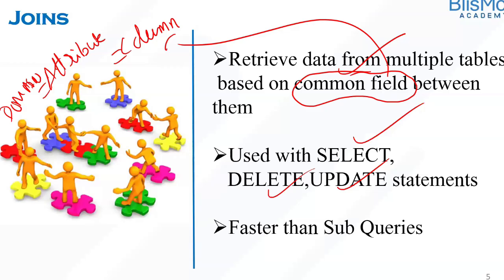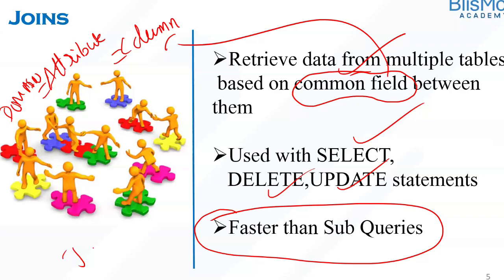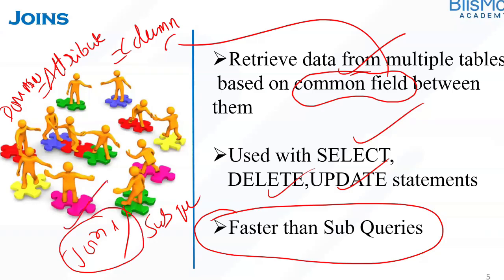With joins, we can accomplish a solution for a similar problem to what we derived from subqueries. But the good thing is that joins are faster than subqueries. So whenever you have a choice between joins and subqueries to accomplish something, it is always preferred to use joins, because joins are faster than subqueries. Please remember that. And we do have different types of joins. So Kiran, what are the different types of joins which you have encountered so far?